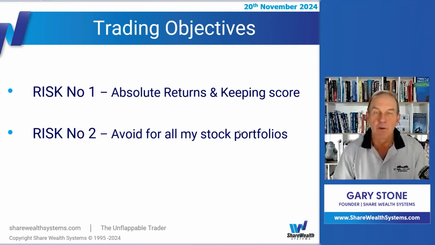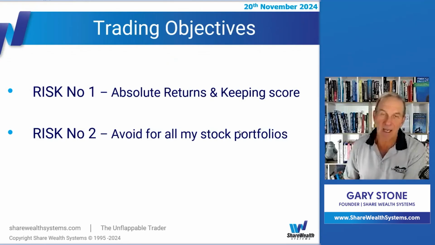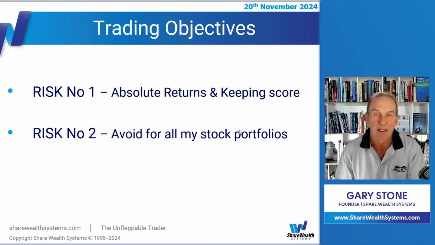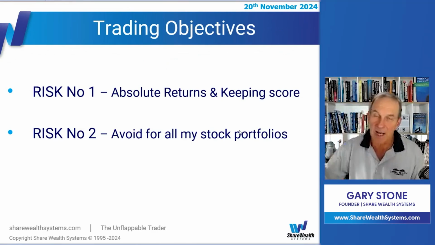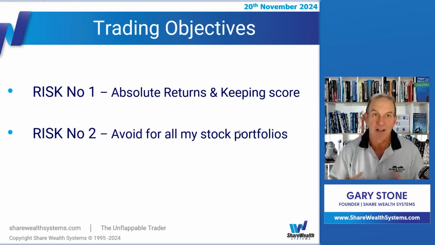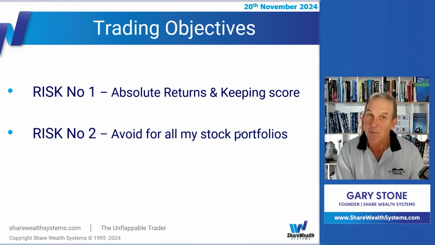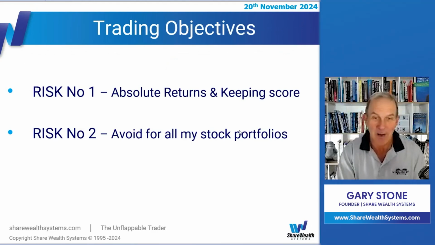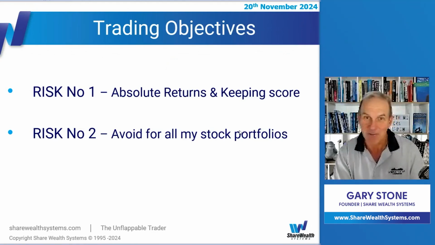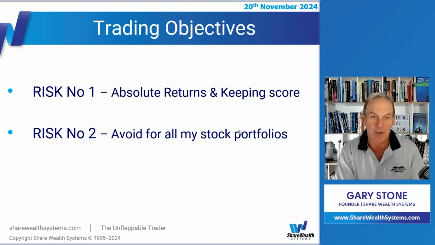So we want to remove the possibility of having a 50 to 80% drawdown in our portfolios, and that is in mind. And I'm going to show you a chart in a moment, because as we get older and as the markets move and change, the cycle of our lives doesn't necessarily match the cycle of the markets, so we need to fit in with the markets, not the other way around. That is not what we are trying to do.